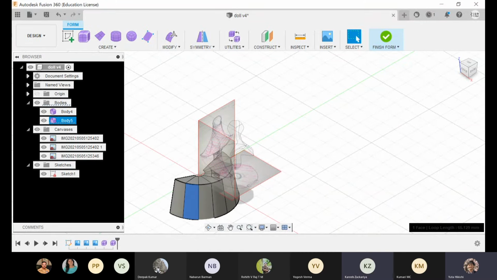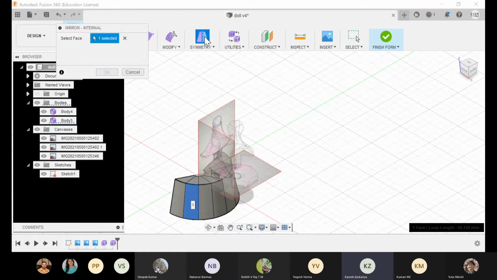Yuta, I think you didn't select the symmetry. I think you are out of the symmetry option. Yeah, now you have to select faces.